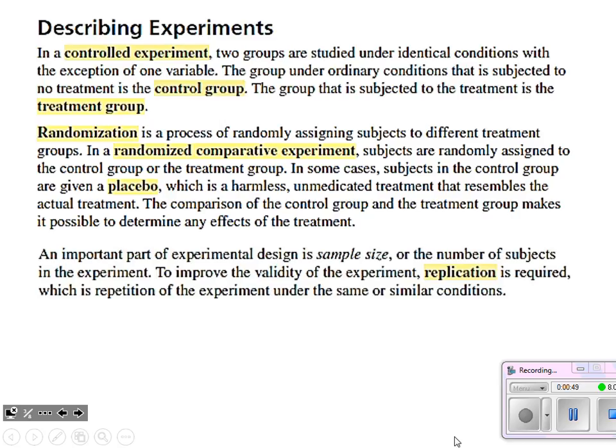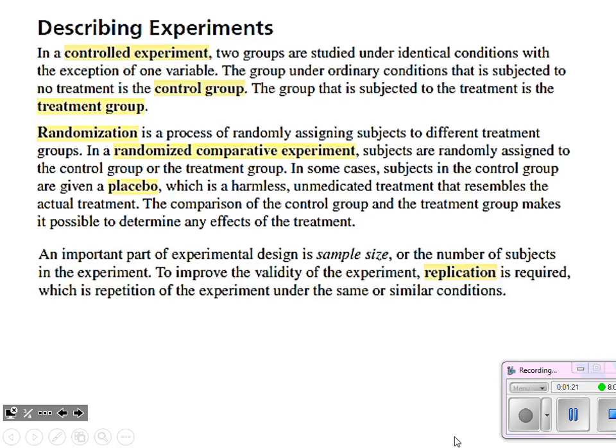All right, so the types of experiments we could have, we want controlled experiments. So we are looking at two groups studied under identical conditions with the one variable that we're analyzing being allowed to vary. Ordinary conditions, we call that a control group. You've probably heard of this language when you hear about drugs being tested and things like that in the medical field. The other group then is the one that receives the drug or the treatment. We call that the treatment group.